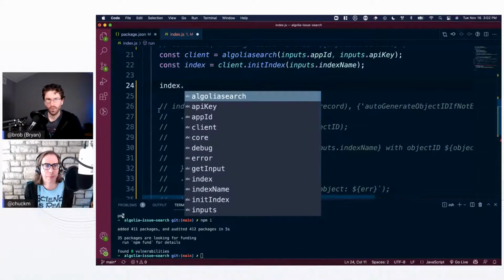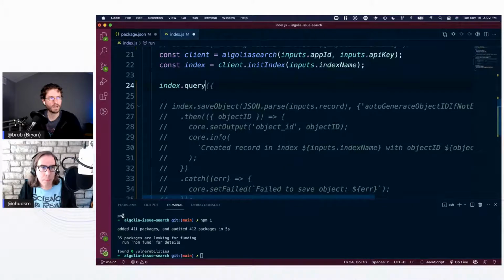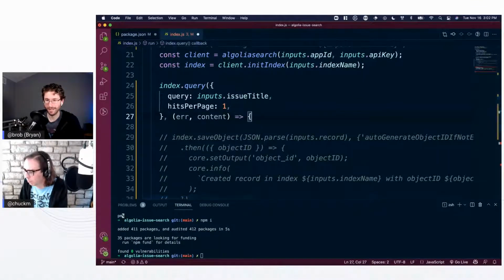So we want to do a search on our index. We do that with query, right? It's been a while. And then that is going to accept some number of pieces. This is actually my absolute favorite part of doing this sort of thing, is I've got,